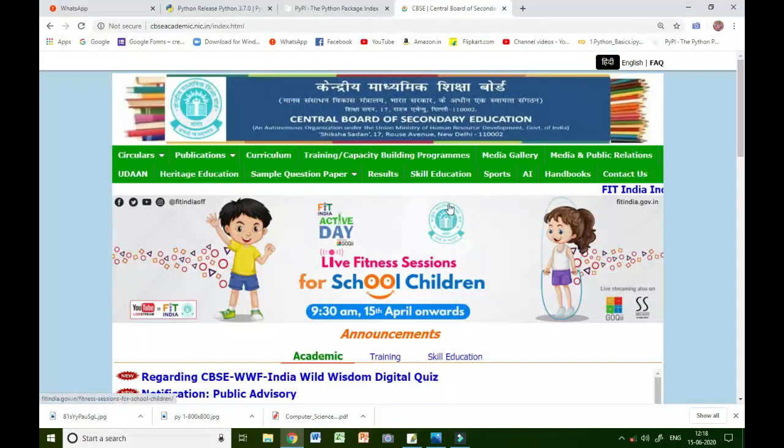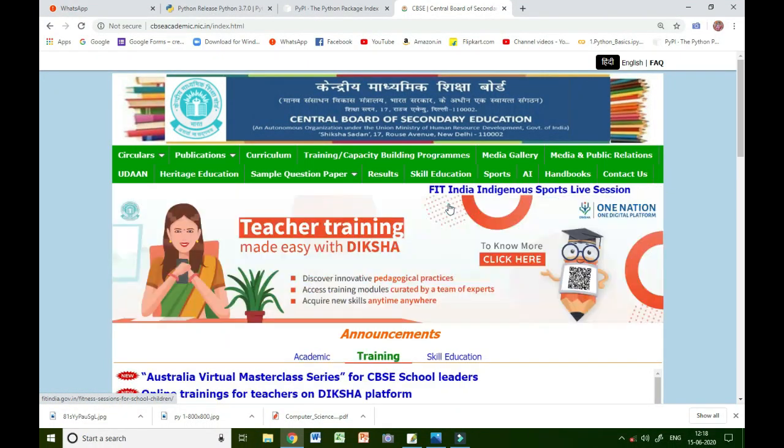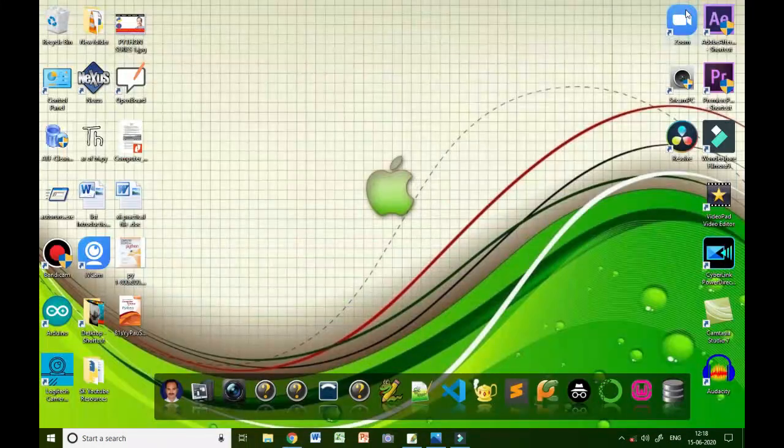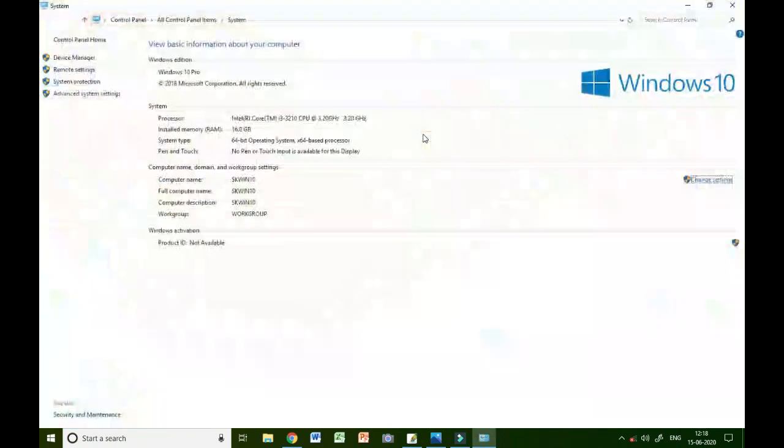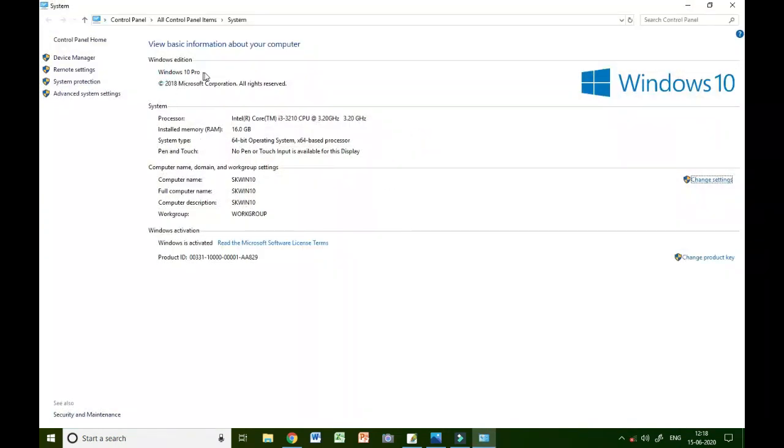3.7. Why do I suggest 3.7? Just now the latest is 3.9 with 64-bit. Let me explain what is 64 and 32-bit. Here you just right click on My Computer, open computer properties, and you will get this screen where you will see which operating system is here, Windows 10 Pro, Professional, RAM 16 GB, and here is the system type, 64-bit operating system,